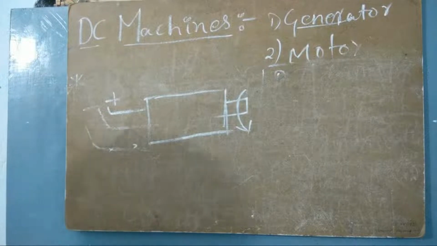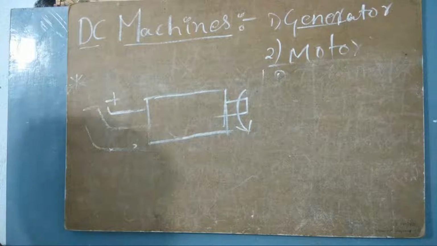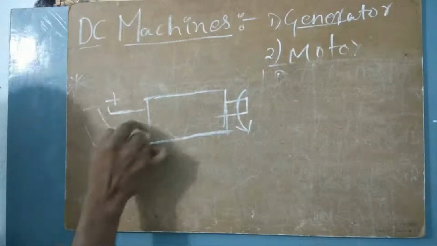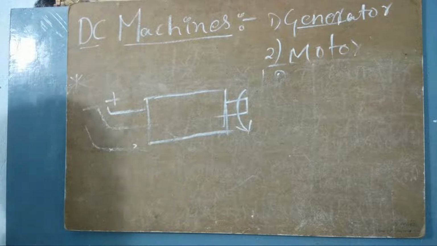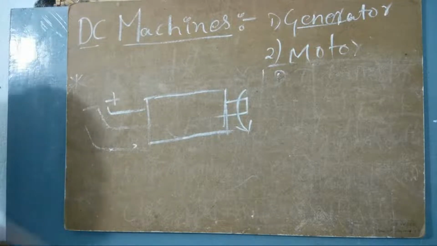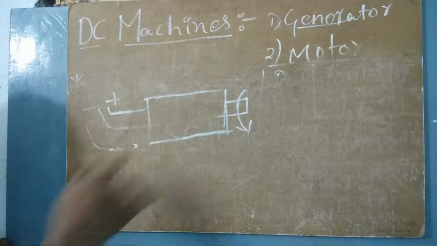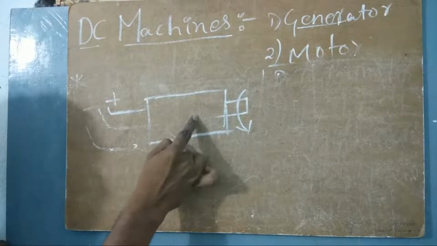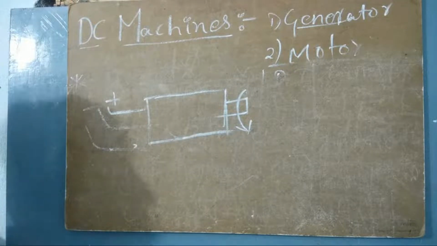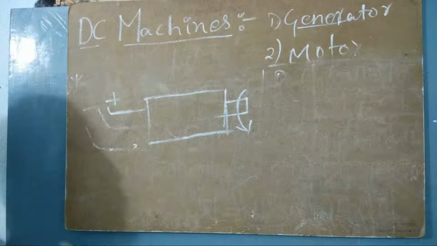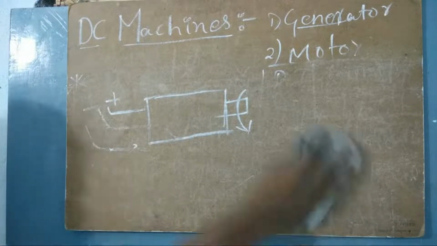Definitely some action is going on in here, and we have to study what is happening. We know that when we give supply, it rotates. But as an electrical or electronics engineer, you must have some idea of what happens inside this machine. For this you must have some idea of magnetic fields. That's why I told you how a magnetic field works. There is another concept we have to study before knowing all this.